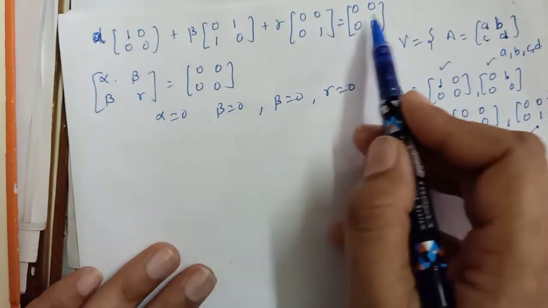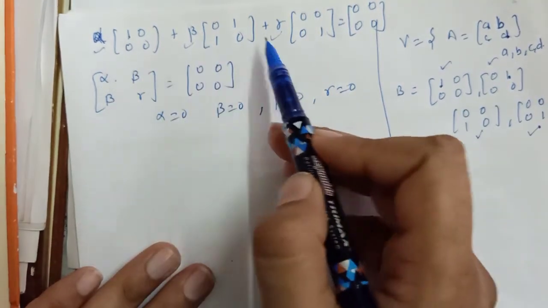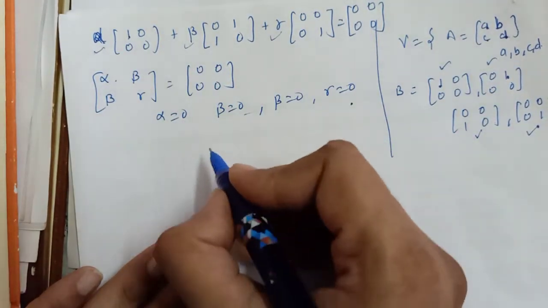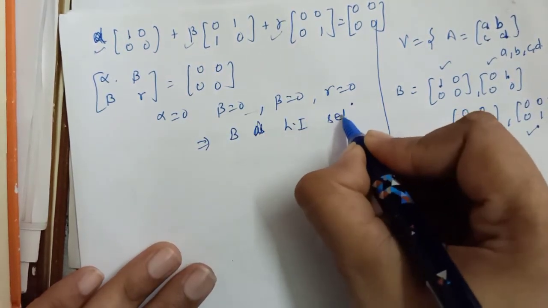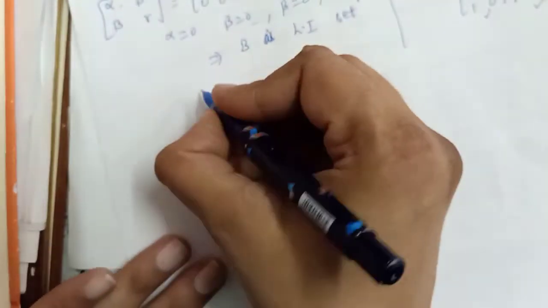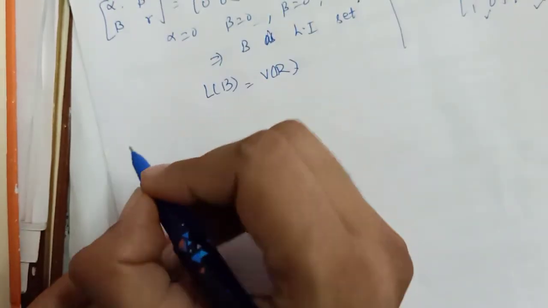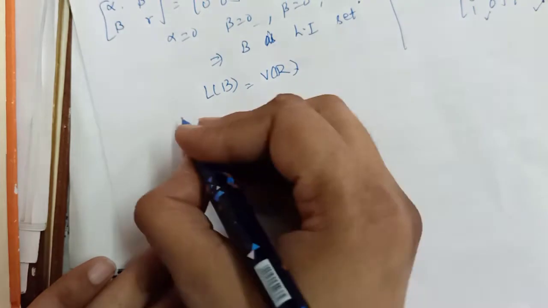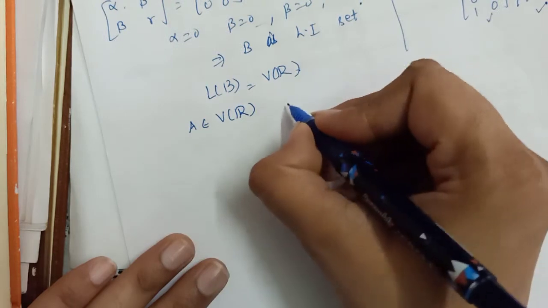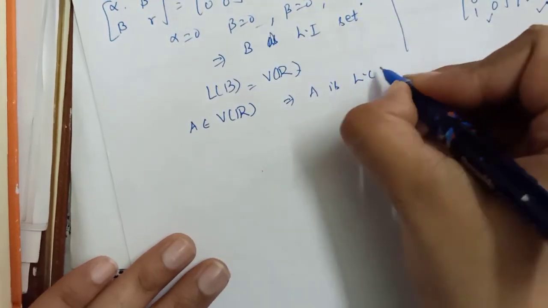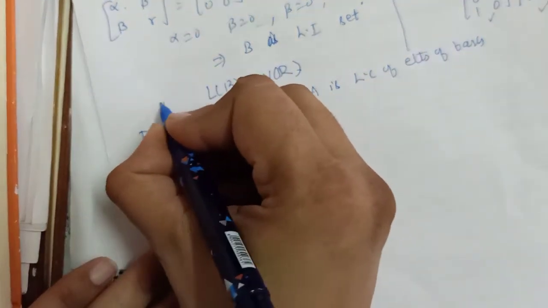So the linear combination of these vectors is zero, but all these scalars from the field came out to be 0. So these vectors are linearly independent. Now we are left to prove that the linear span of B is equal to the vector space. So what we do in this case, we take a random element from our vector space, and we try to prove that it is a linear combination of elements of the basis. This is what we prove, right?